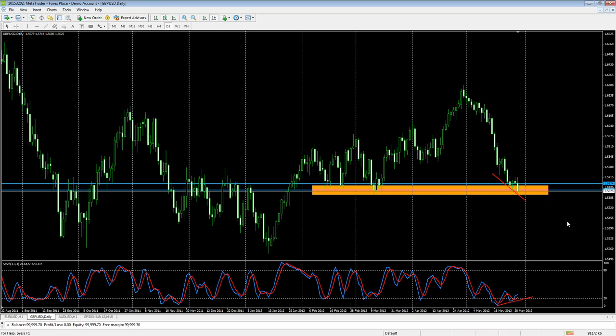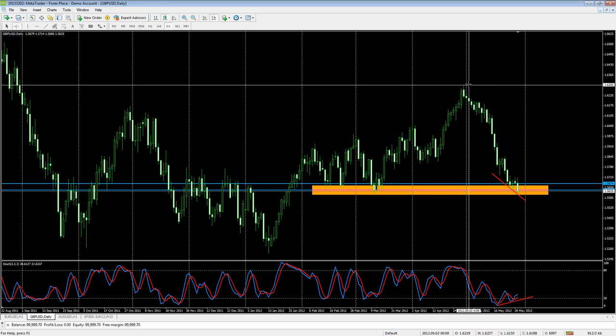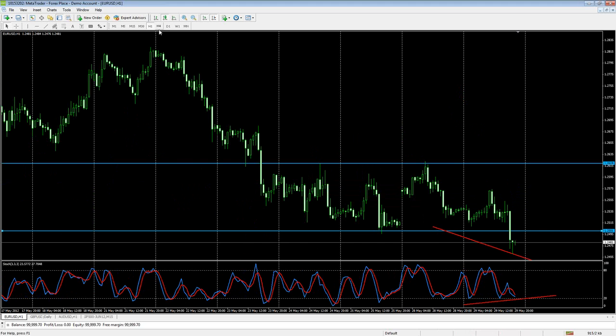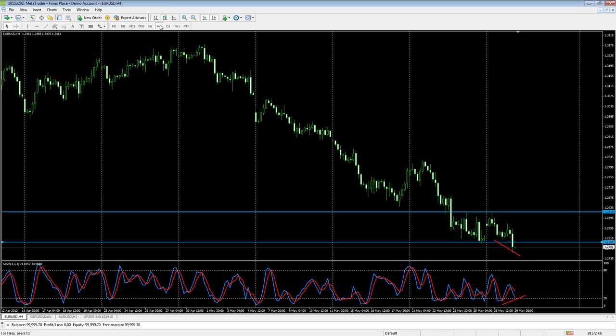Maybe it's the beginning of a reversal after such a long move down of about 700 pips with no retracement, with no corrective move. Okay, so this may be the start, in this area, of some corrective move, of some retracement. But again, with the markets in panic about Europe and closing lower and lower and making lower lows, unless I see